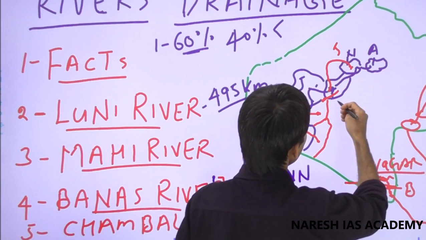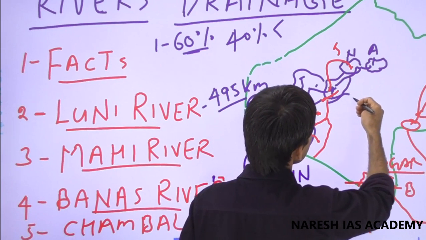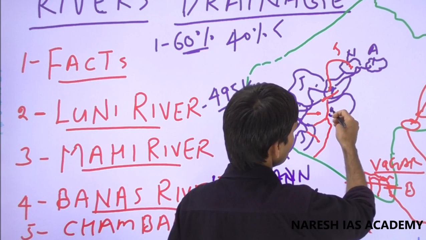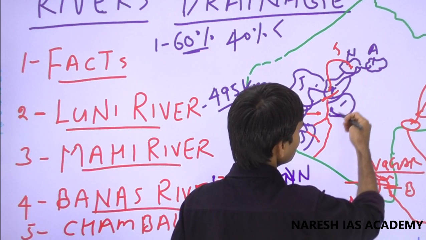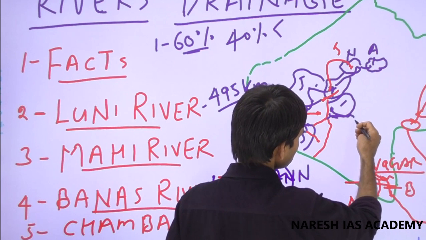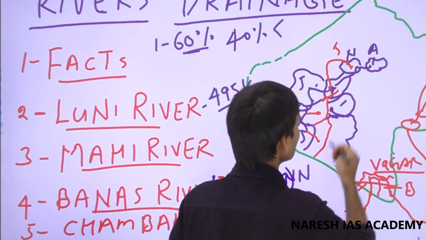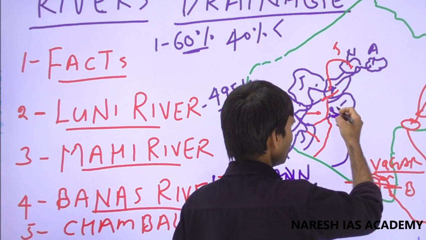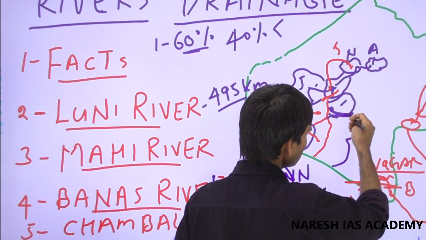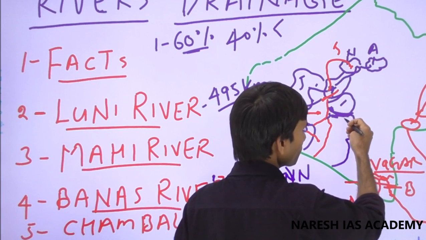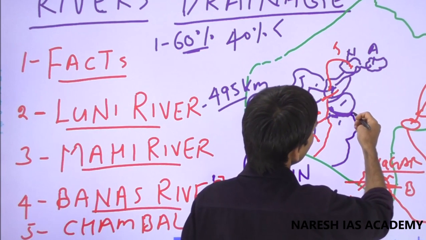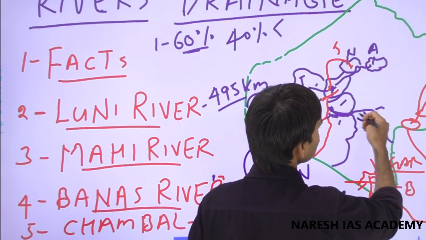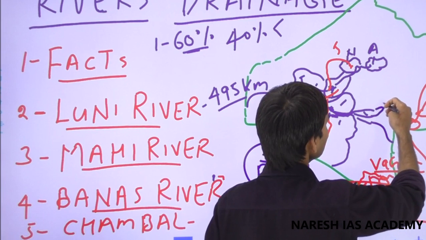Banas river originates in the Rajsamand district, in the Kumbhalgarh region, from the Khamnor hills. So this is the Rajsamand district, and below it is the boundary of the Udaipur district. From the Khamnor hills the Banas river flows along the border of Udaipur and Rajsamand districts and then enters the Chittorgarh district. This is the geographical boundary of Chittorgarh district, and then it enters Bhilwara.